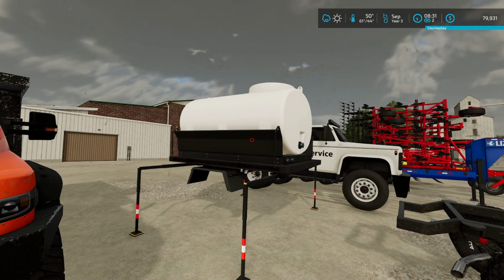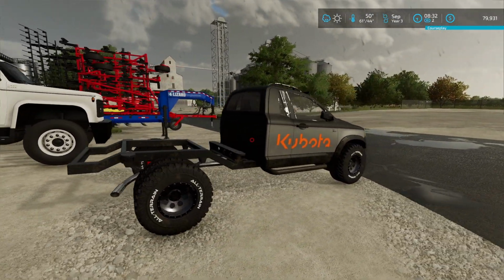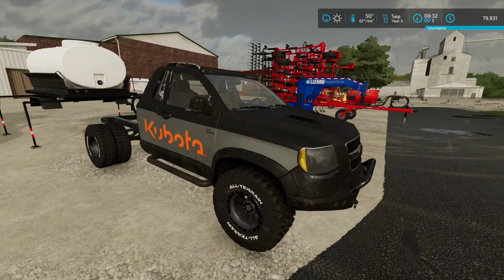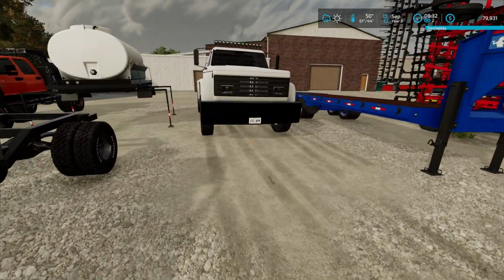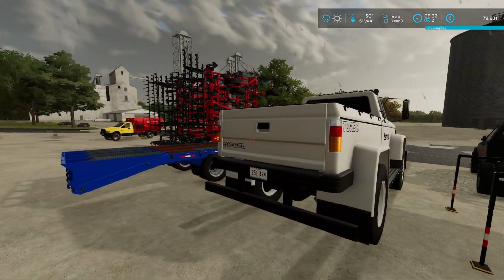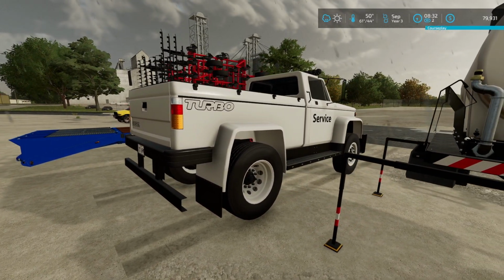I went ahead and picked up a milk tanker right here. Now this thing is going to go perfectly on the back of this. I wasn't using the bed for anything anyway, and I was really only using it to haul around bales. It was kind of sketchy. The truck's a little bit too small to be doing that, so I went ahead and picked up a little bit different service truck here. Got a great gooseneck attachment here in the back. This is going to be the new service truck that I'm going to drive around the farm and for hauling